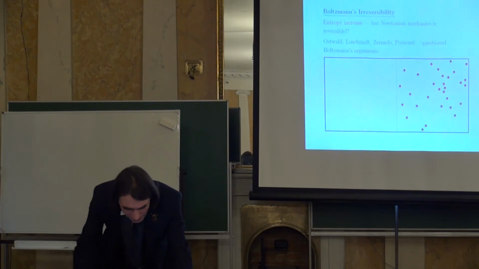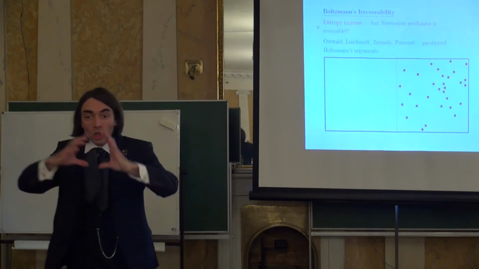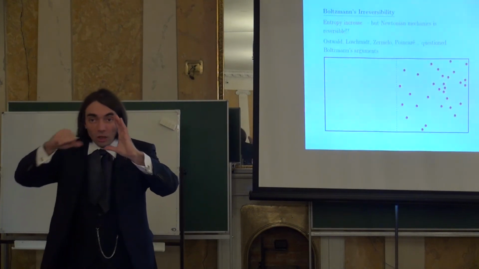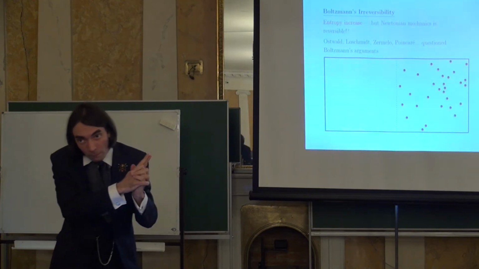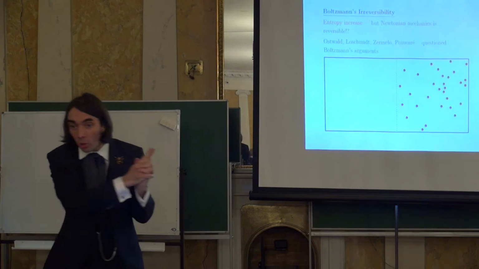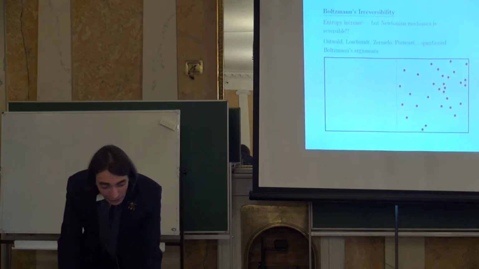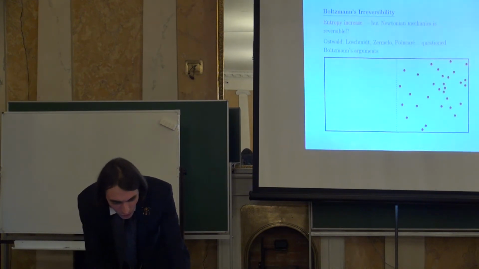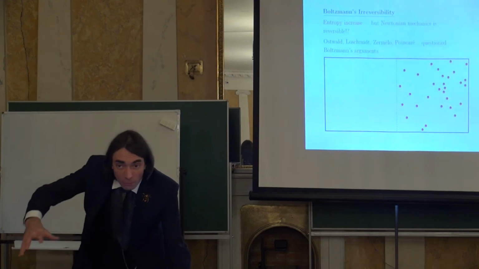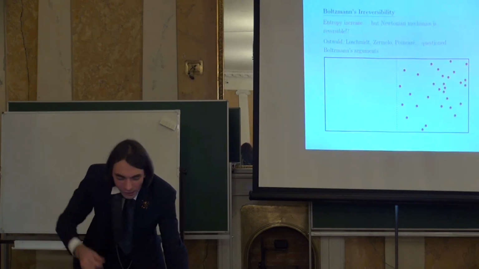Boltzmann's irreversibility is very striking. Entropy increases, however, the Newtonian mechanics is reversible. If you watch a movie of Newtonian mechanics, like a classical billiard game, if there is no friction, you can pass the movie forward or backward, you will see the same. It's the same laws of physics. This is why people like Loschmidt, Zermelo, or Poincaré question the Boltzmann argument. It should be impossible to go from reversible microscopic dynamics to irreversible.